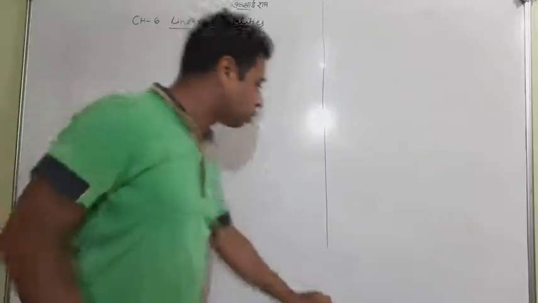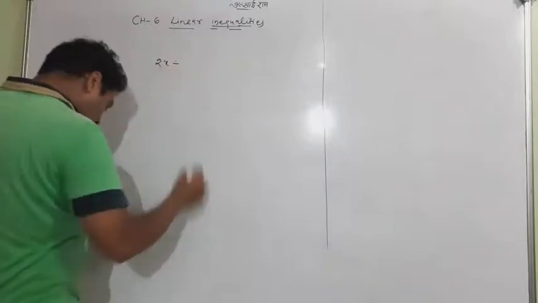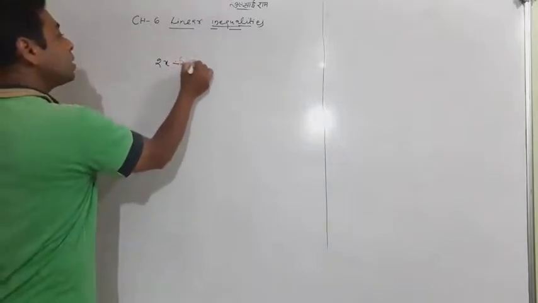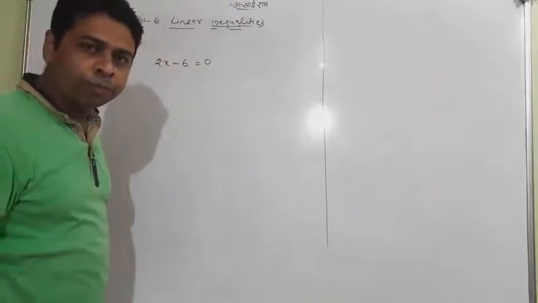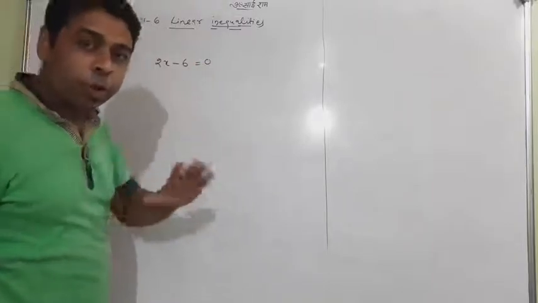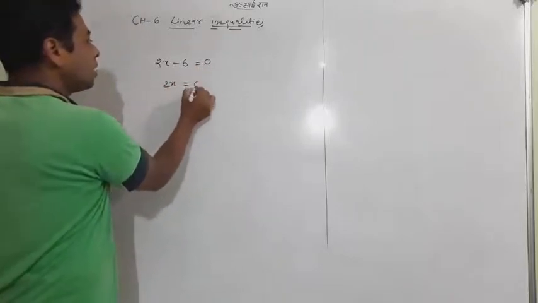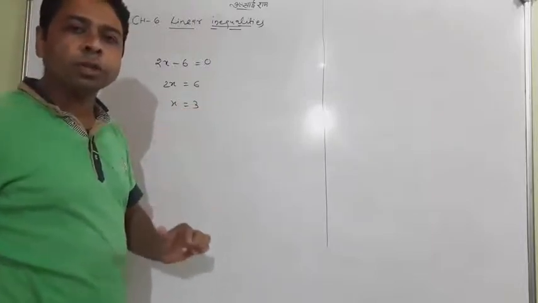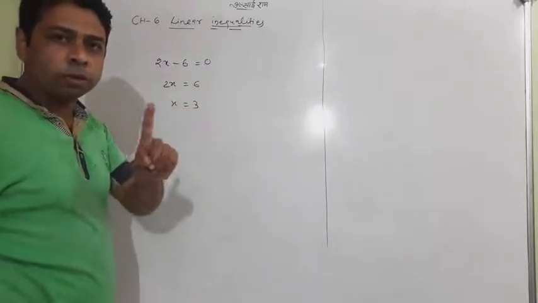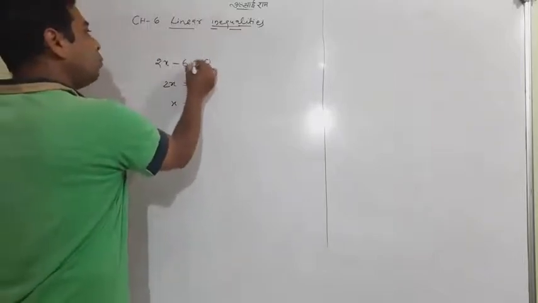Now I'll tell you what we will look at here. I am just putting one question for you: 2x minus 6 is equal to 0. If I ask you what the solution of the equation is, note it is an equation, look at the equal to sign, so one can simply give the answer: the answer is 3. If I ask you the number of solutions, you will say it's one solution. Okay. But instead of that, if I had it like that.